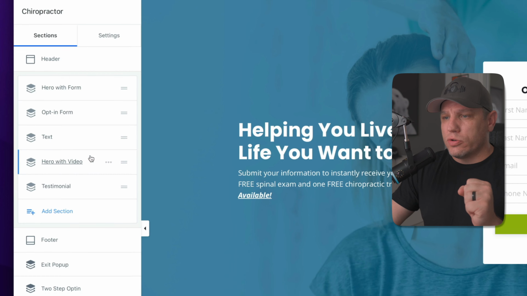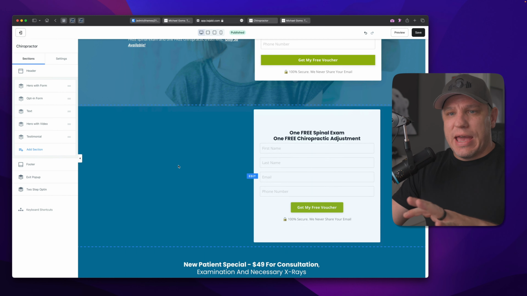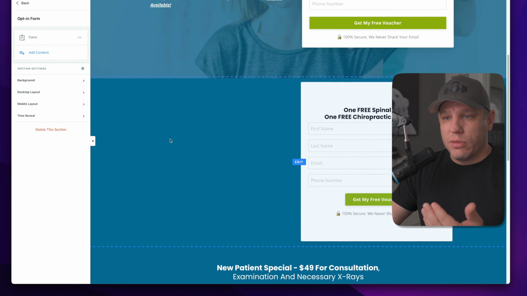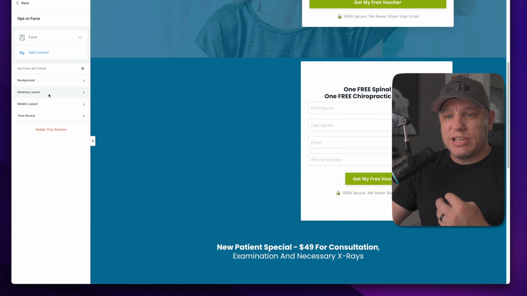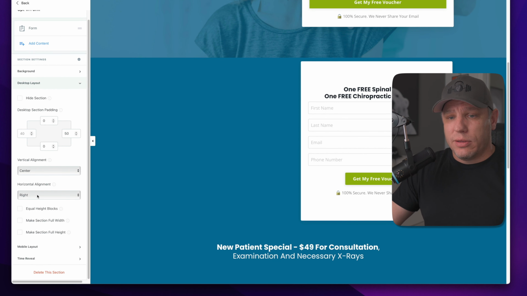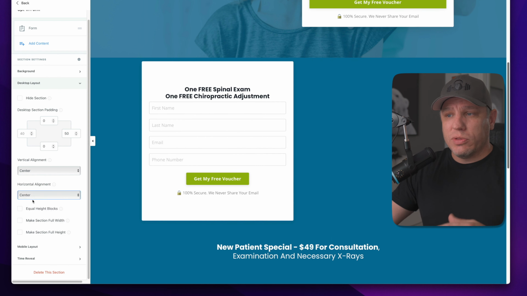I'm going to click show so I can show you. So this is now an opt-in form that was centered and I just moved it off to the right-hand side. And how I did that, if you click on this section, you come here to desktop layout. And if you come down here to horizontal alignment, I just chose right. So if I chose left, it would jump it over to the left. If I chose center, so the default comes in the center,